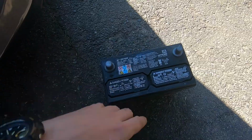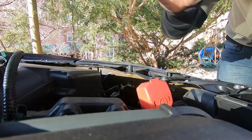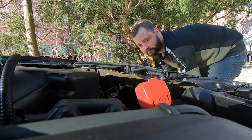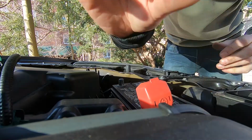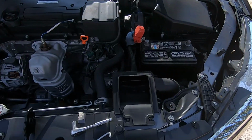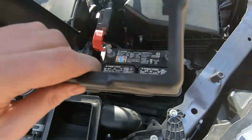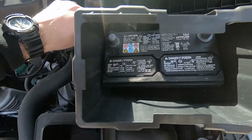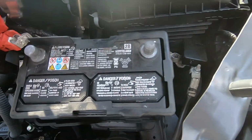So once you have the new battery, same way, bring it in, put it back in. Alright, so we'll have the new battery back in. Again, same thing, exact reverse procedure. Put the cover, okay, put back terminals,